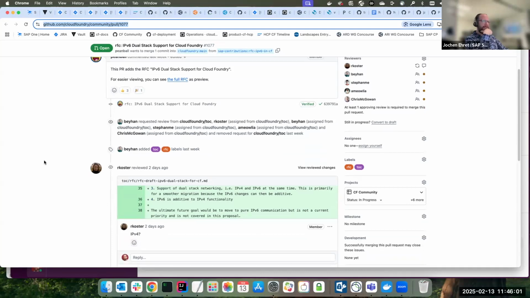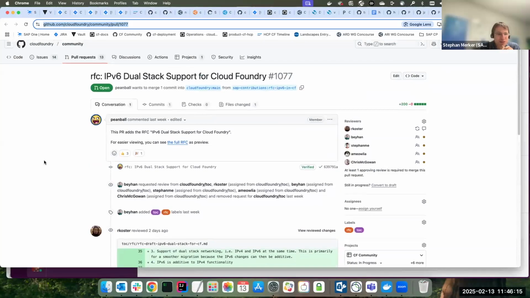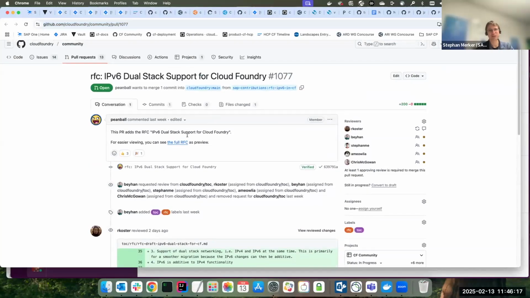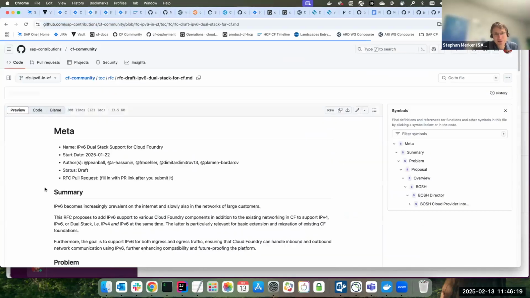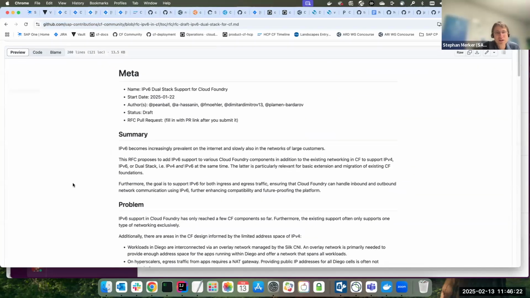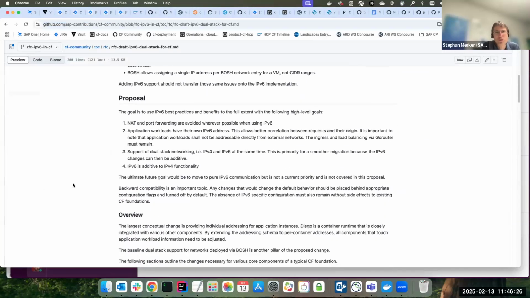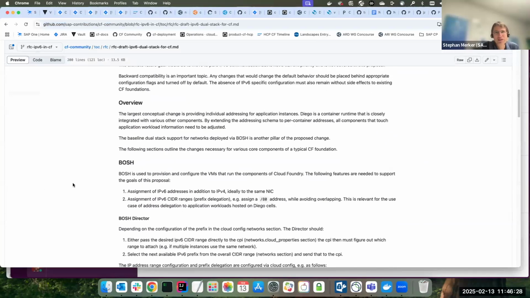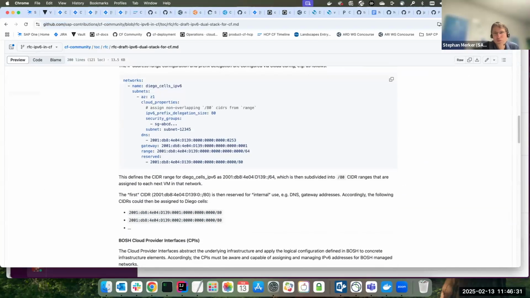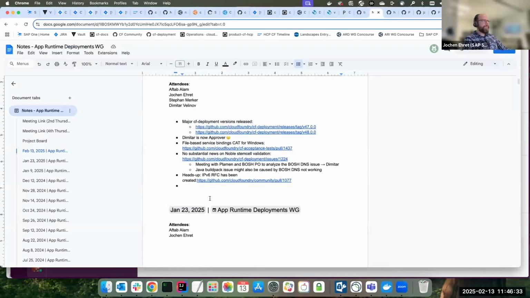Would the internal network be on v6, or is this only? I think the incoming traffic is. I don't know, I have too little knowledge about it. Who can talk with Alexander Leis? But maybe you could add or comment on this RFC that there are also efforts on CF deployment to have an ops file and provide a validation pipeline and bubble and CATs, things like that. Yeah.